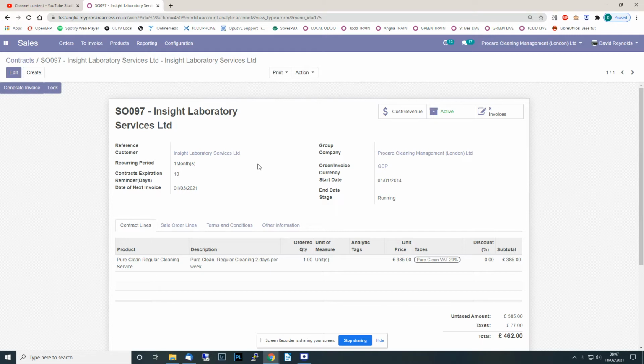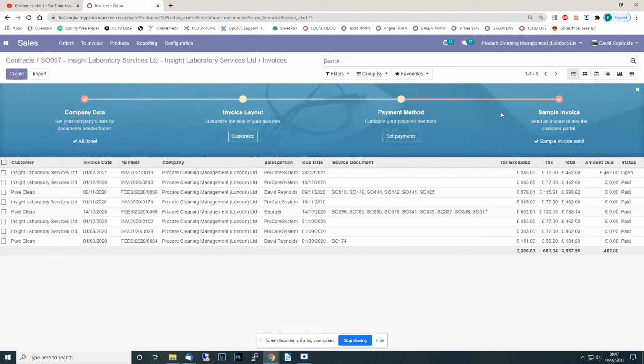It's now the middle of February. Automatic invoice has taken place on the 1st of Feb. The next automatic invoice would have been due on the 1st of March. We can see the invoice is raised. You can see that the customer invoices previously have been paid, but the current month is sitting as open, meaning